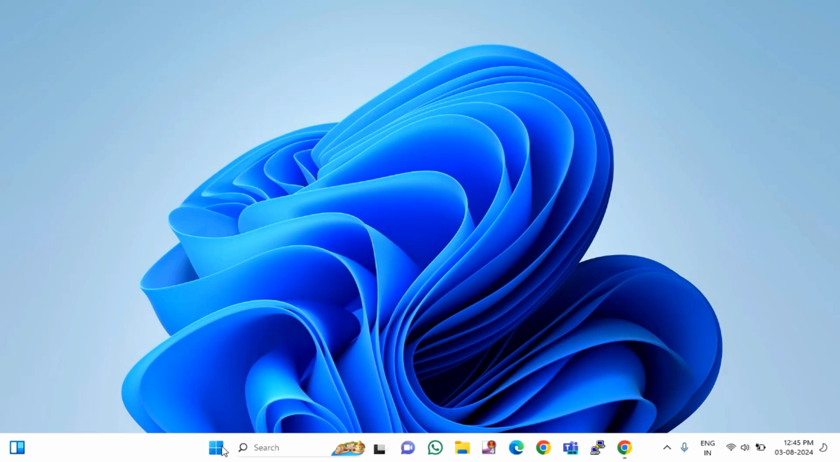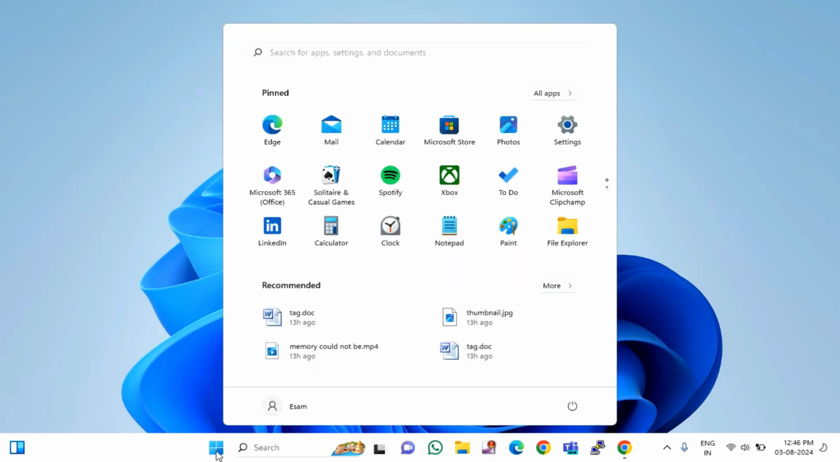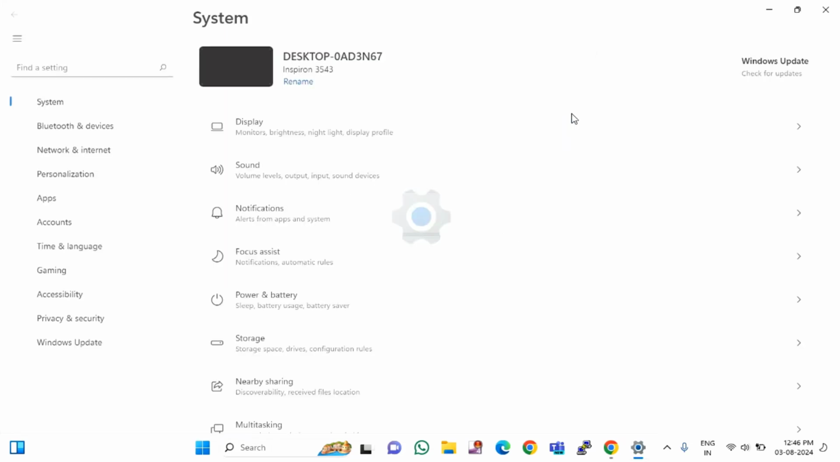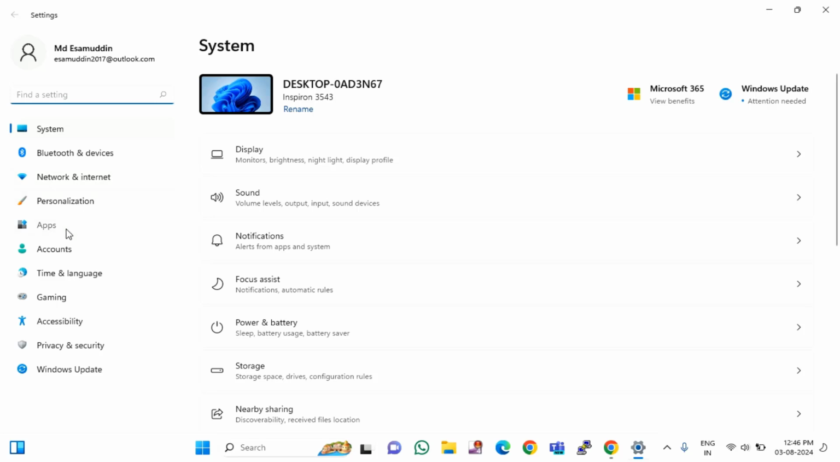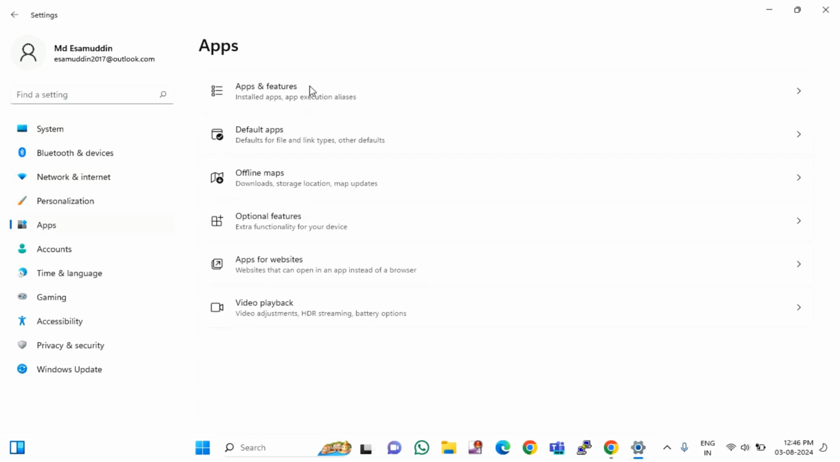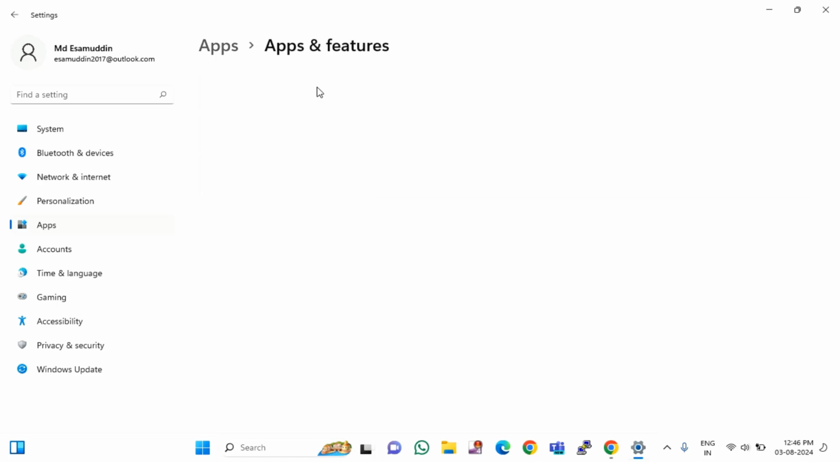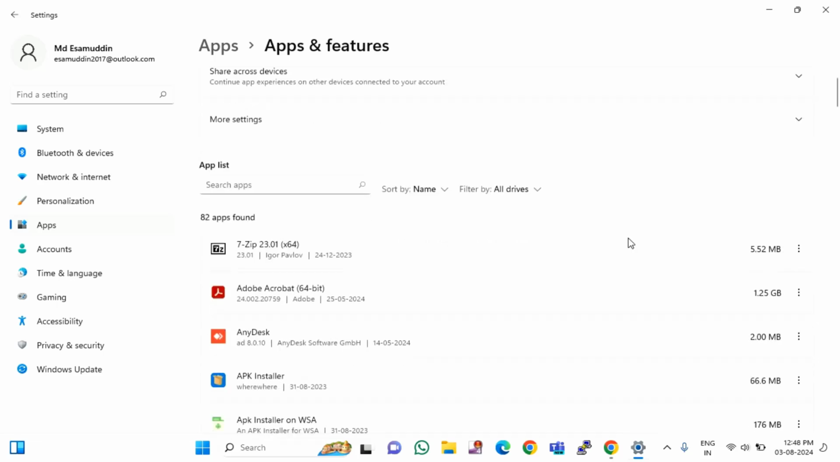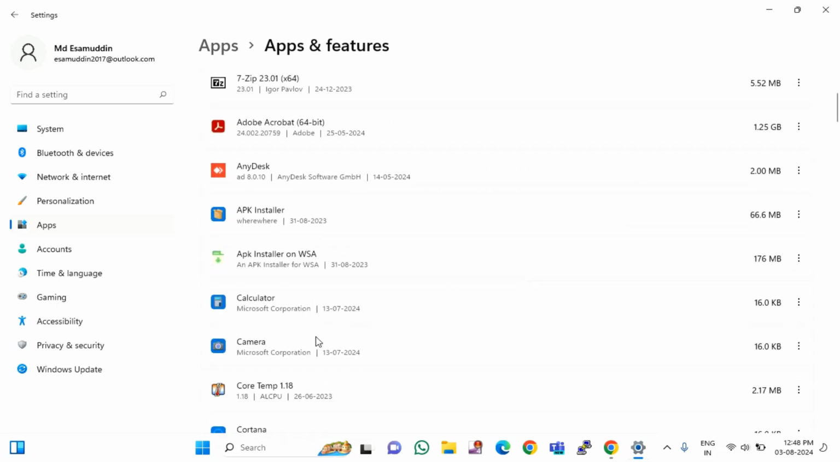After restarting, if still you are facing the issue, the last and final method is you just need to click on the start menu, click on settings. On the left side you will find apps. Click on apps, click on apps and features. In this list you need to find camera. You need to scroll down, you will find camera. Click on this 3 dot, click on advanced options,